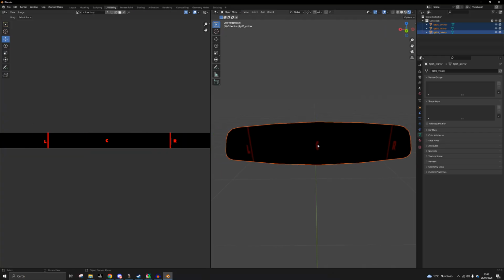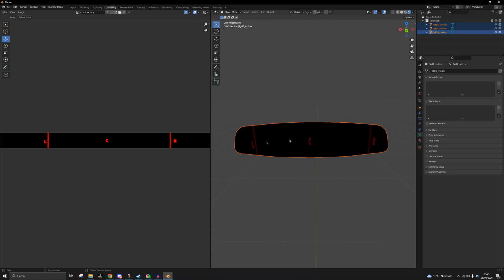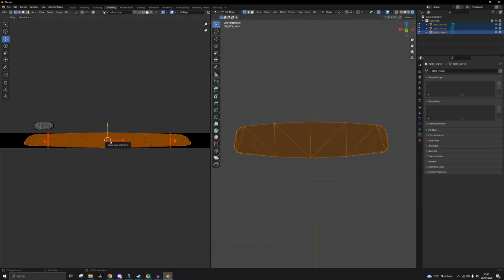They are very narrow, so you can see the letters are very narrow, and they are all in the same object, left and right. This is very bad because when you use this mirror in game, you will see all of the rear view mirror that is compressed and stretched. Sorry, it's very narrow. So the way you can fix this is just click S right here, hold the wheel